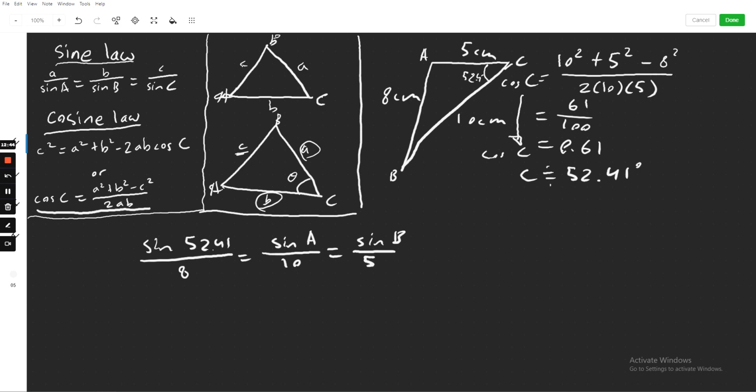So for sine A, sine A equals 10 times sine 52.41 over 8, in which angle A equals inverse sine, 10 times sine 52.41 over 8, which should equal about